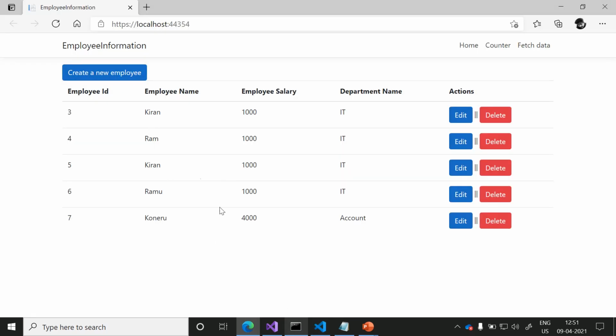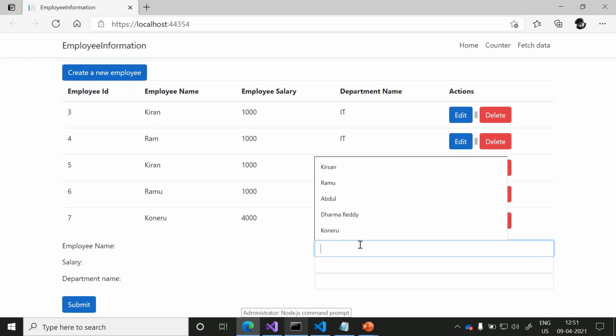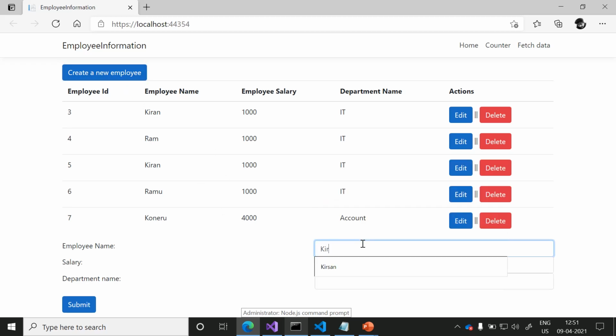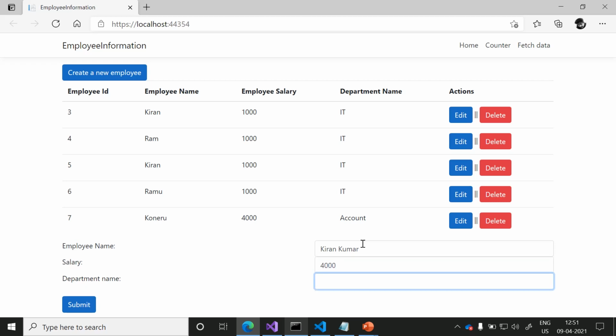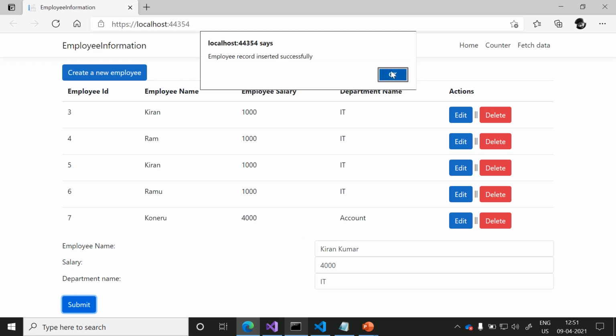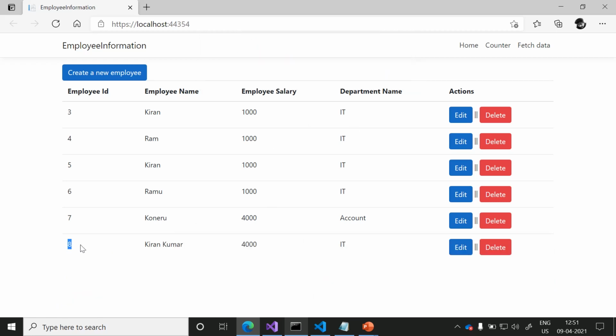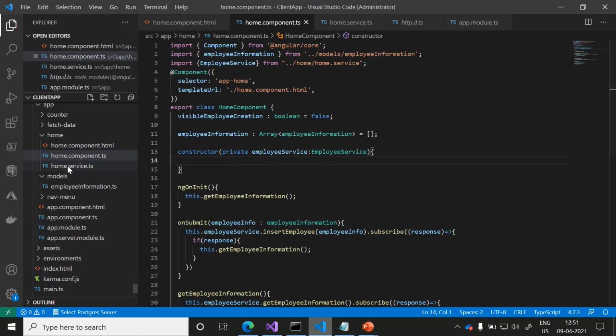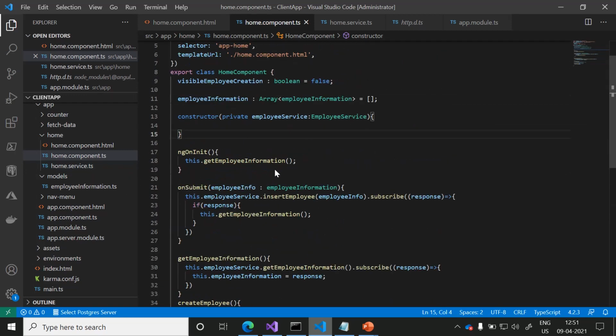Let me click on create new employee. Salary is 40. He belongs to IT department. Click on submit. Employee record successfully inserted. Yes, and one more record got inserted into our table. And that is how we can create the services in Angular. In our upcoming session,